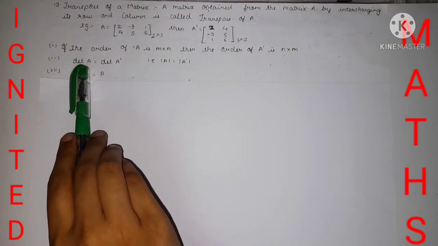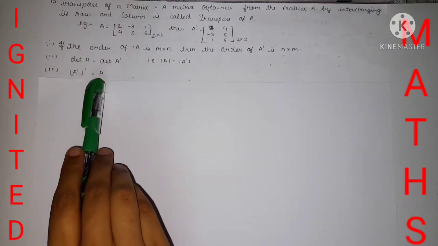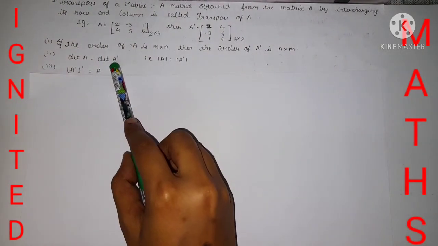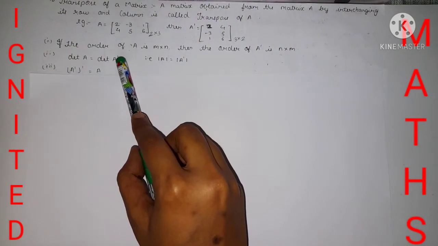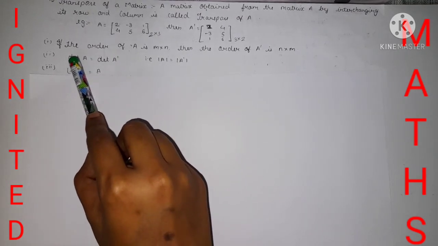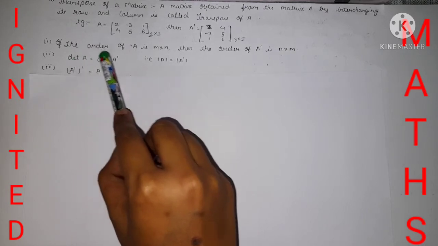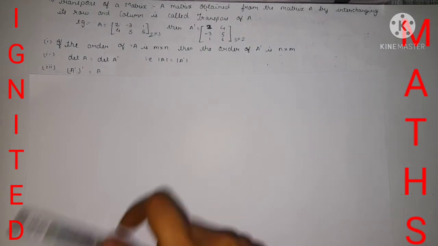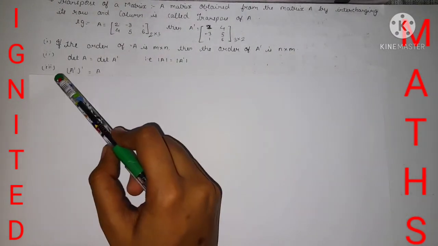Now the second property, determinant. Det is nothing but the determinant. Determinant A is equal to determinant A dash. A dash means the transpose, and before transposing it, it is A. So if you find the determinant of A and A dash, they will be equal. This is what property 2 says. And property 3 says